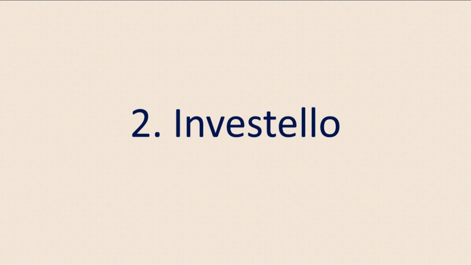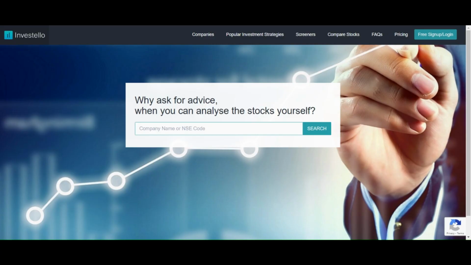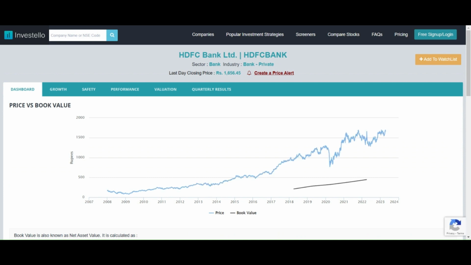So we have one more website which is also good for doing the fundamental analysis. That is nothing but investello.com. Again, just get into the URL, type the name of the stock and press enter. Here you also get to see some key sections like dashboard, growth, safety, performance, valuation, and